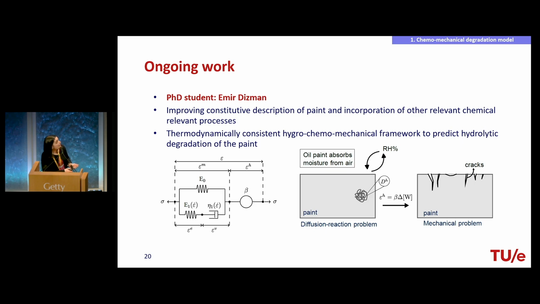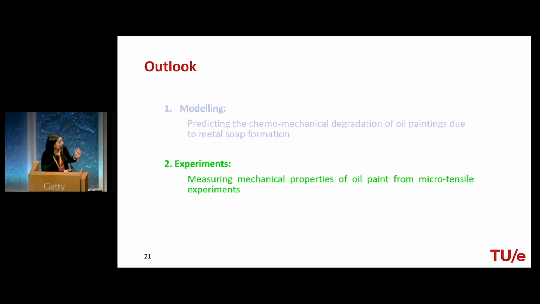Okay, so let me now discuss a bit the experiments. And here, I think it's very well connected with the discussion that was held this morning on nano-indentation. In my view, there are two different scales that are currently considered. Since the work of Mario and Mecklenburg, we have these pioneering experiments on paint films at the macroscopic scale that are mostly based on tensile testing. On the other hand, we have very small scale experiments based on nano-indentation, which are very important because there is the attempt to characterize historical material, real material, if I may use the term.